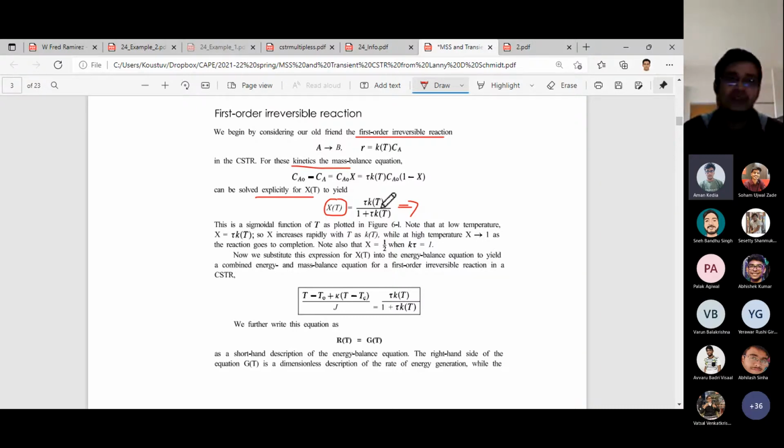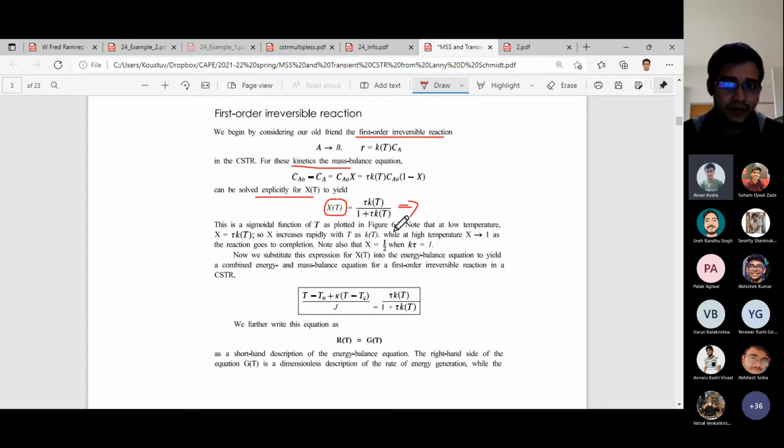So invariably this modeling of CSTR is required, and not only the nature of the solutions, whether we are getting a stable steady state or an unstable steady state, but also we have to find out the volume that is required for a given conversion, or for a given volume how much conversion we are getting from that CSTR, or the temperature. So this has bigger implications. This topic is very important in that sense.